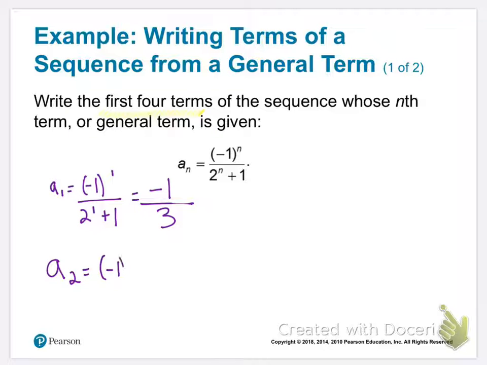Then we have A sub 2. That's going to be negative 1 squared all over 2 squared plus 1. Well, negative 1 times negative 1 is just 1. And then 2 squared is 4, plus 1 is 5. Okay. A sub 3